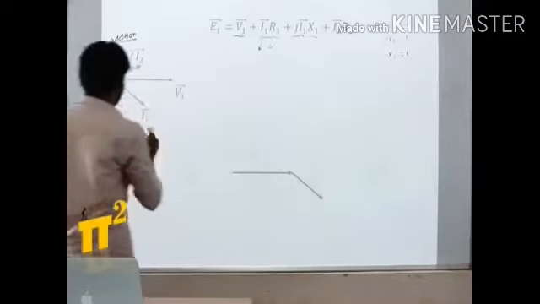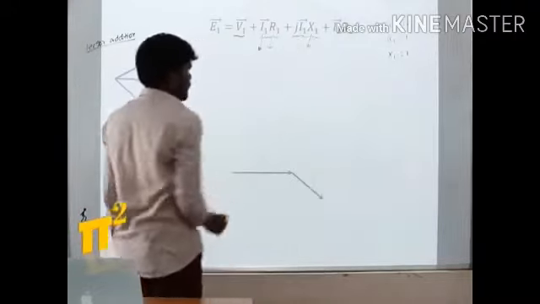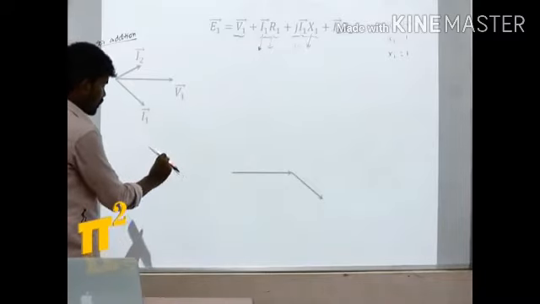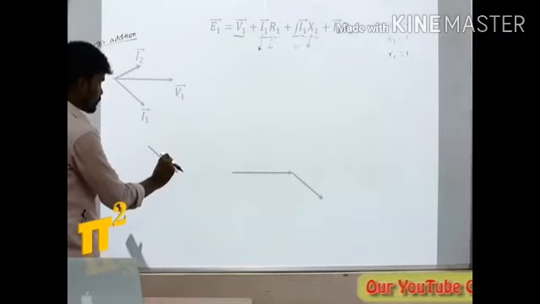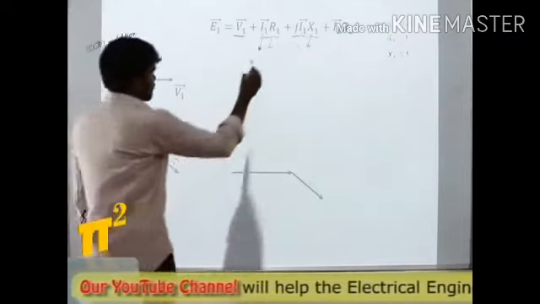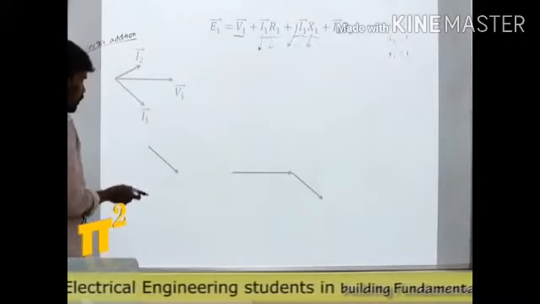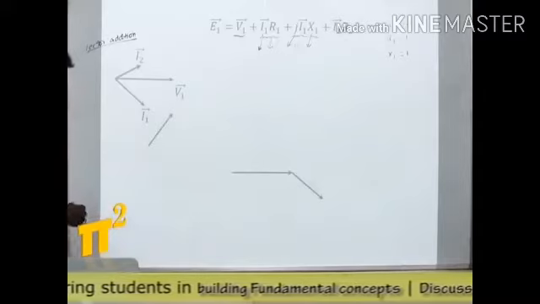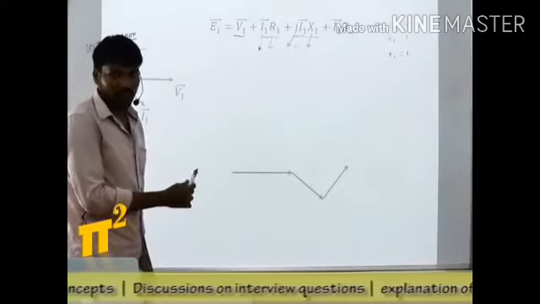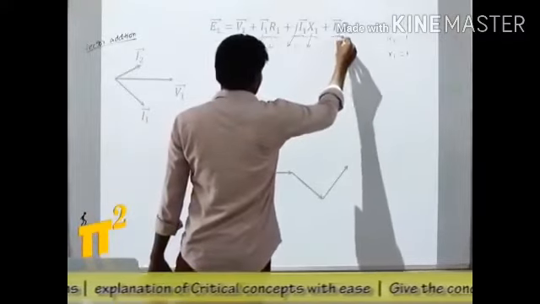Next, in this term, let's take I1 once again, and let's multiply with X1. X1 is equal to 1, so there is no change. If X1 is equal to 2, it will be little longer in the same direction. If X1 is equal to 0.5, it will be shorter, respectively. That's it. And we have here J also. Let's multiply with J. J means 90 degrees counterclockwise. So let's rotate this 90 degrees counterclockwise. Now addition. Add it. Addition means join head and tail. Tail to head.